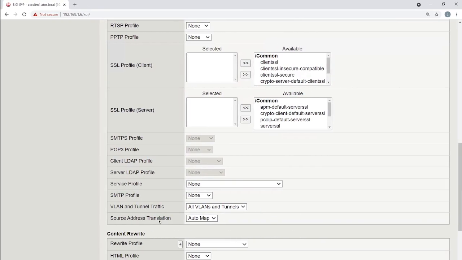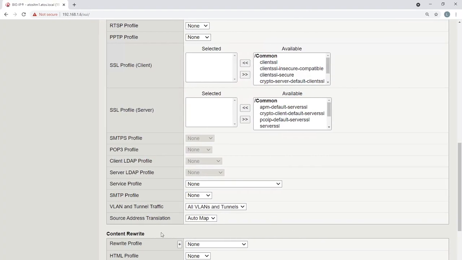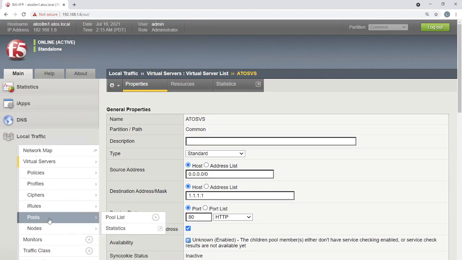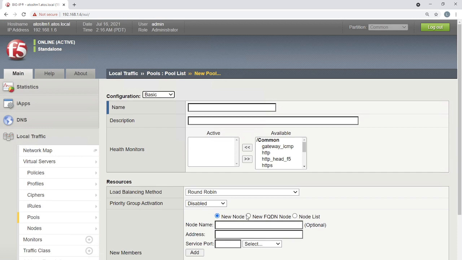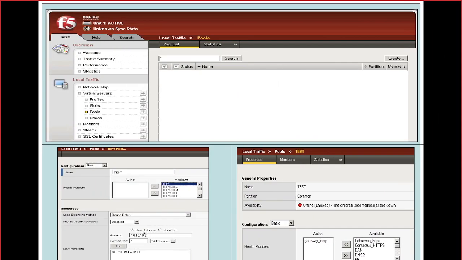In your newer versions, starting from 10 onwards, while you are adding the pool, you can also add the fully qualified domain name instead of a new node. The new node, I'll be identifying as an IP address, or I can also go for a new fully qualified domain name. I can give the fully qualified domain name and the port number. This option was not available in the older versions. That's why you are not able to see that option. And if I choose the node list, the nodes which have been configured earlier can be referenced over here. Okay.